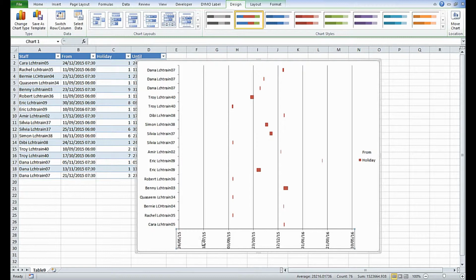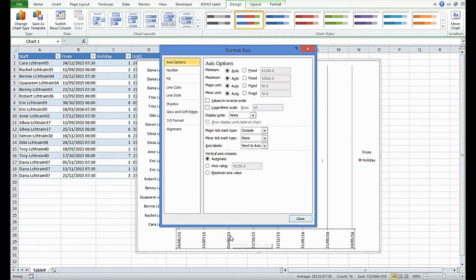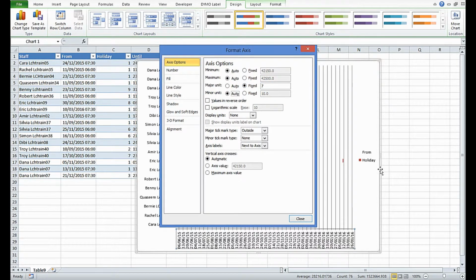So again, if I go back in on the format axis, then if I set the major units as 7, as you can see each line on here represents a week, but of course it's still not looking as I'd want it to. I still don't want it to go all the way back into May, so